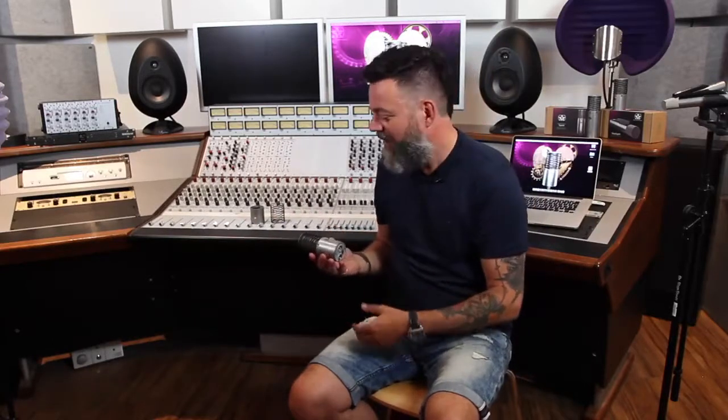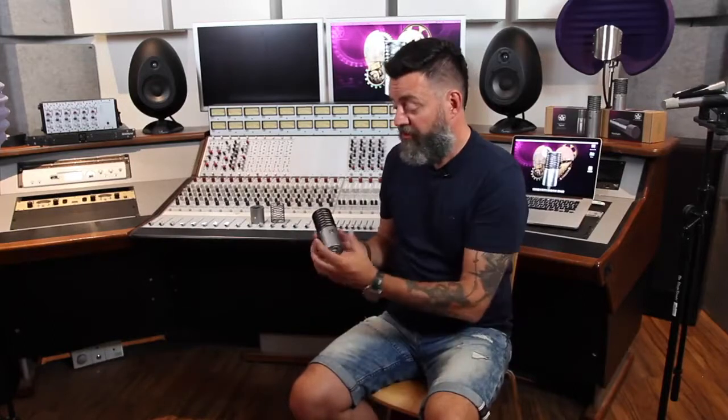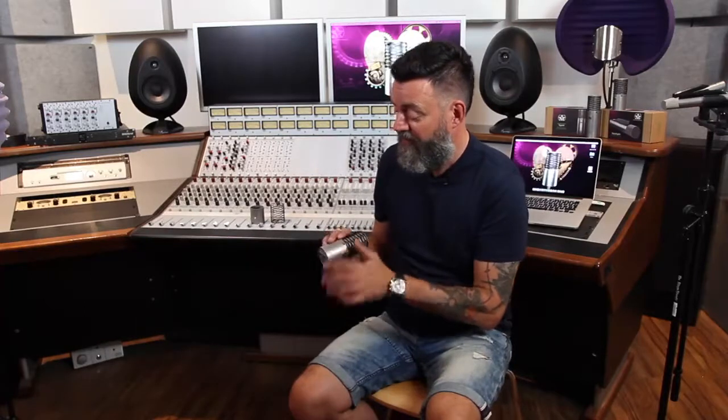And then of course there's the finish on the mic. We don't use any nasty chemicals and paint finishes and primers and all that kind of stuff. We just use a solid stainless steel chassis and they're tumbled for 4 hours to give them this beautiful, virtually unbreakable, unscratchable and unfingerprintable finish. So they're going to look and feel just as beautiful in 10 years' time as they do today. That's all the mechanical stuff, but of course the most important feature of any microphone is the sound,